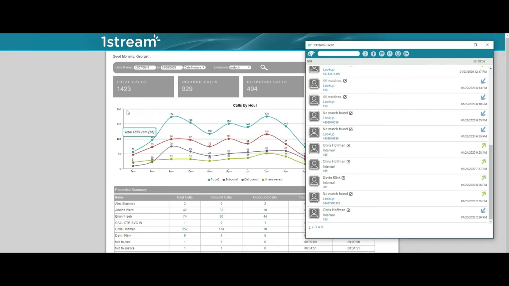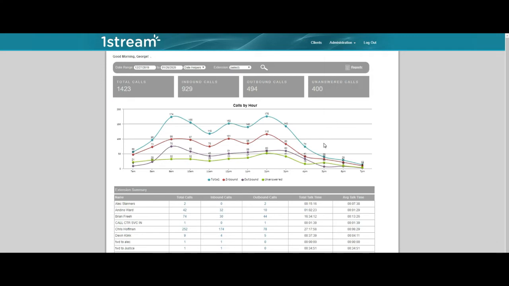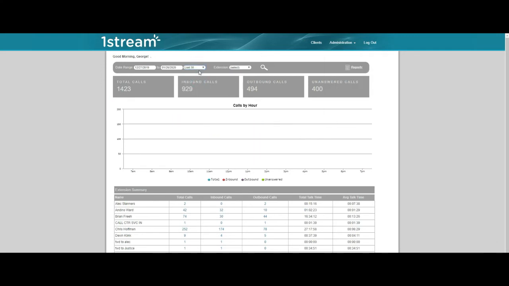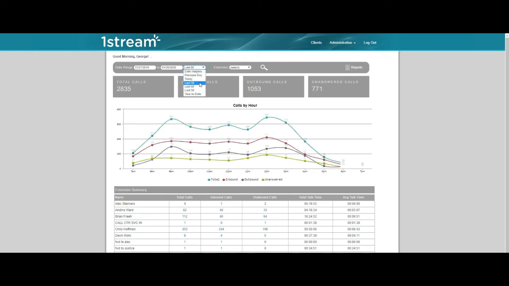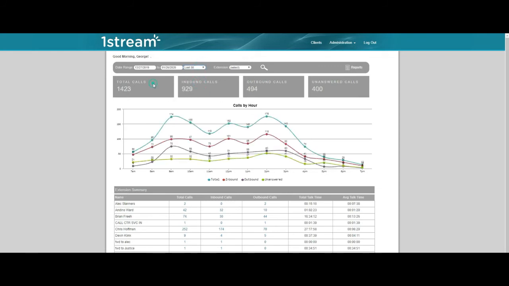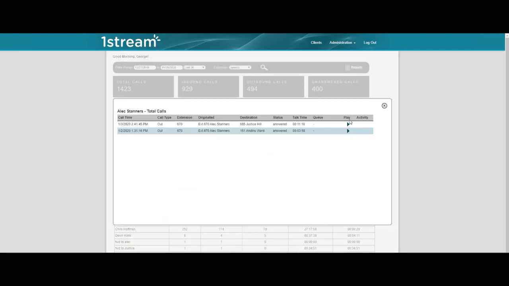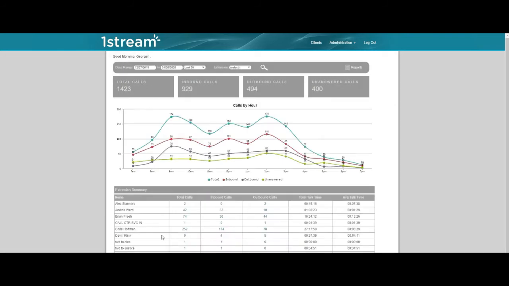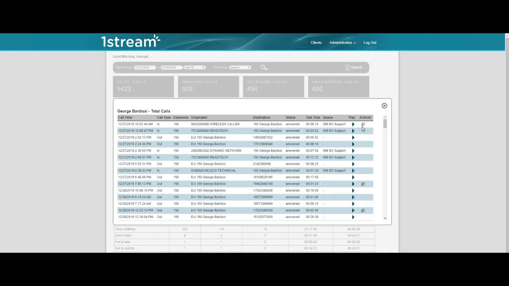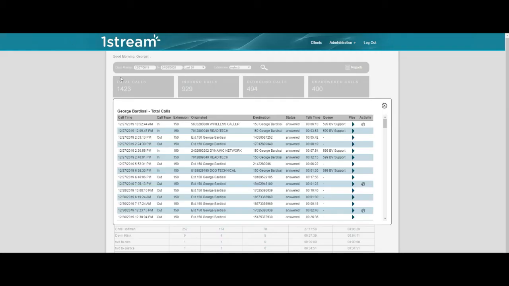And the reason why that's so important is here in the OneStream dashboard. This is the basic OneStream dashboard. You can drill down to date and time ranges and get an idea of what's going on. All of these things are drill downable, right? So you can see total calls and unanswered calls. You can drill down on a specific individual, see all of their calls. You see their call recordings are here to play right within the browser. For anyone who's actually utilized the app, you'll notice their activities and their CRM links, and you can drill right into this within your CRM, PSA, ERP type system. And all of that call data is right here.